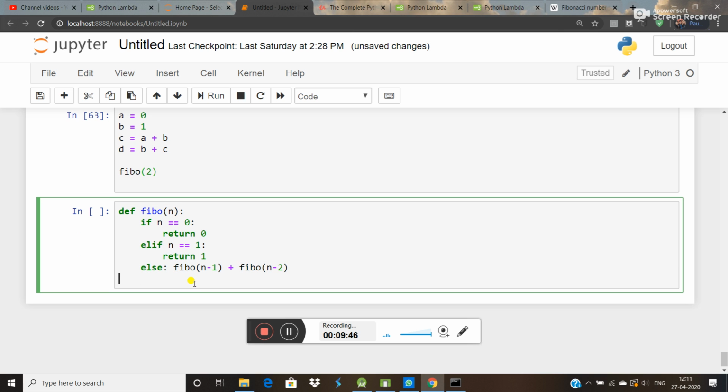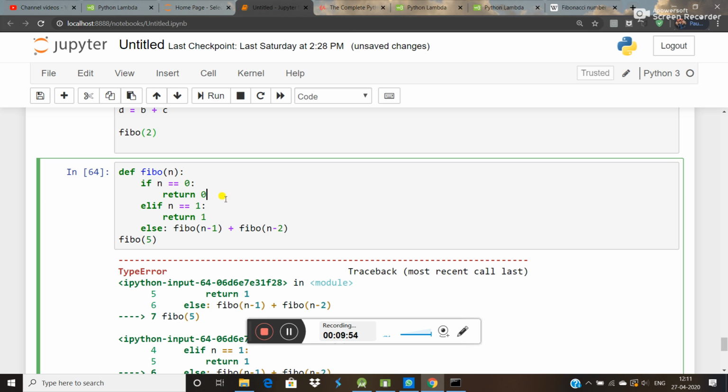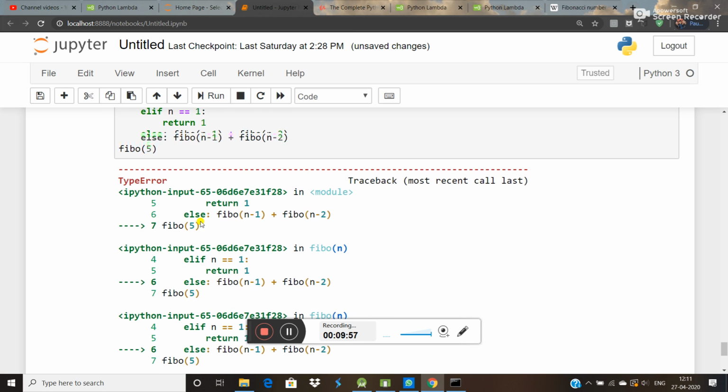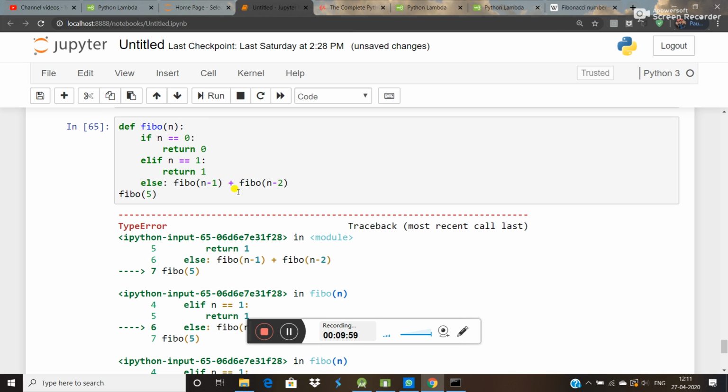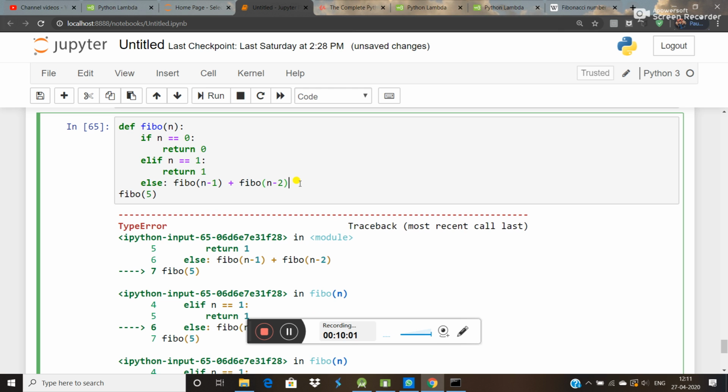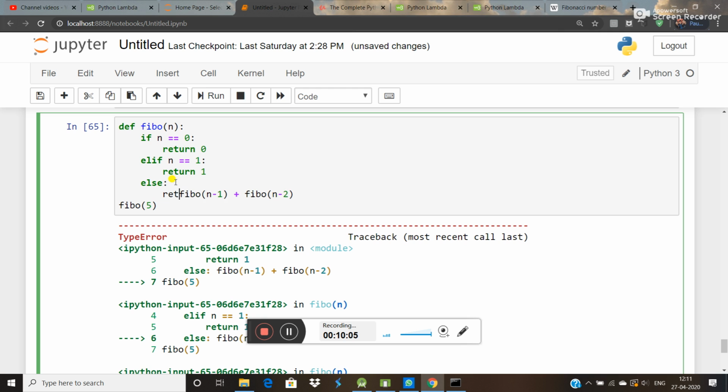So if you want to know the value of fib of 5, you can execute it. Okay, there is some error. What is the error here? Oh sorry, here we have to return, sorry for this.